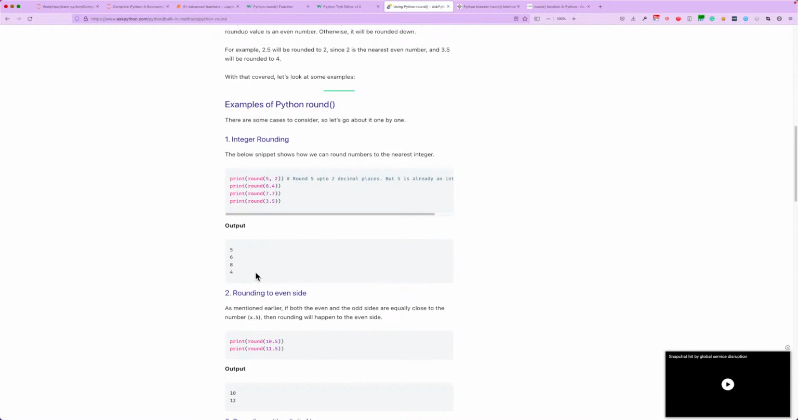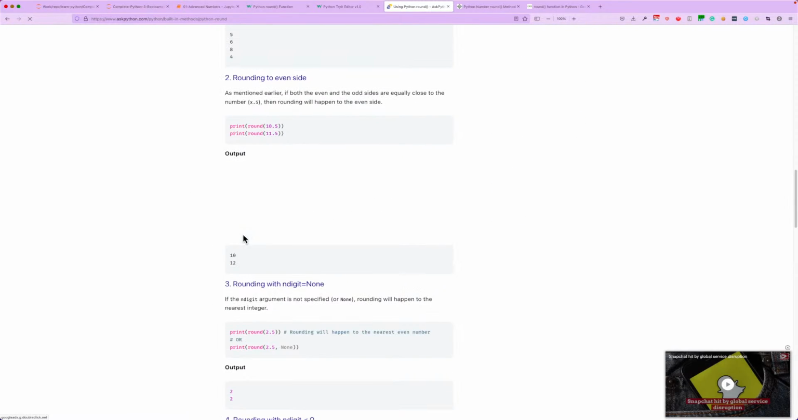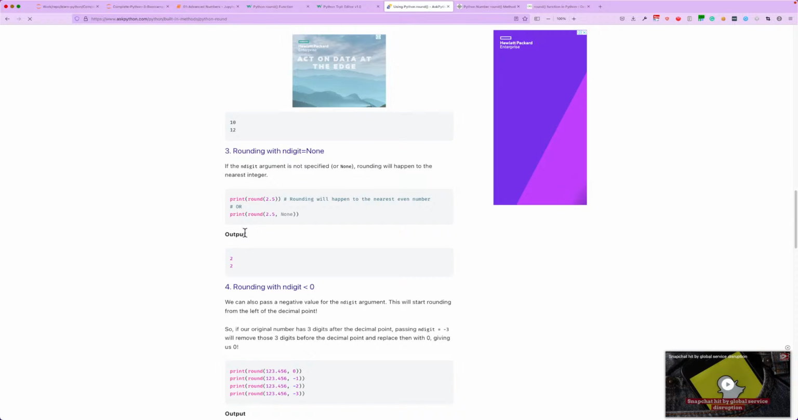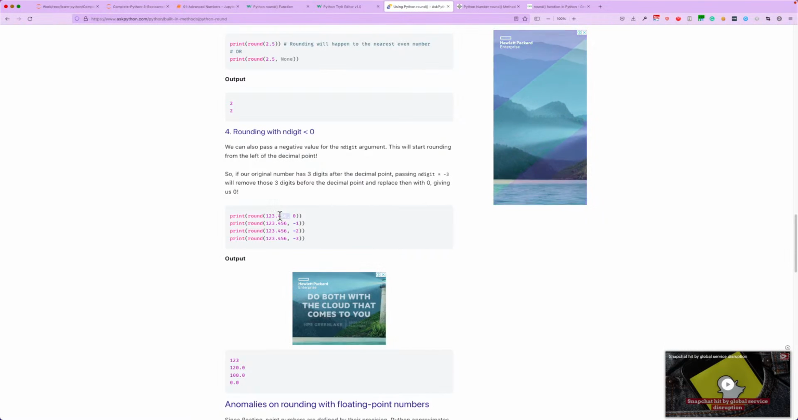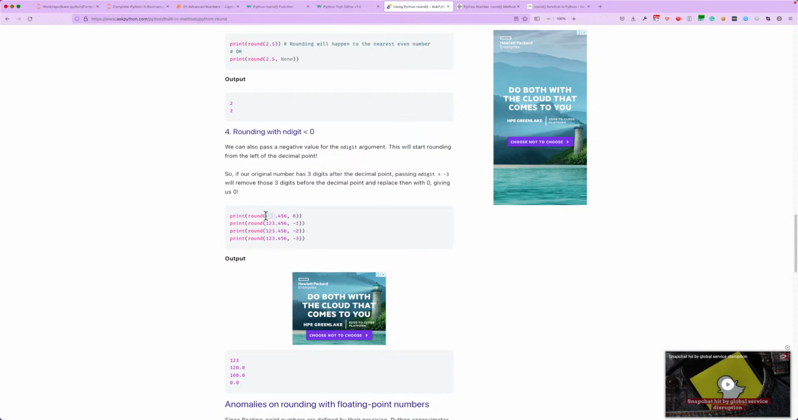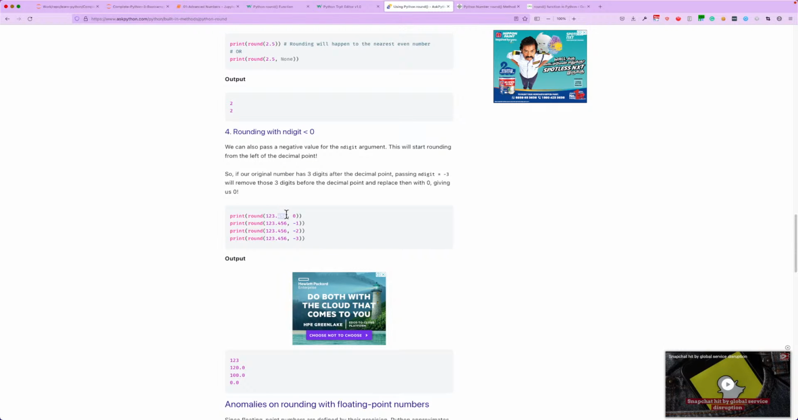So give number here it is. We can also pass negative value for the end digit argument. This will start rounding from the left of the decimal point. Right, instead of going from the right, it's going to start from the left of the decimal point. So if your original number has 3 digit after the decimal point, okay, so if you have 3 digit and replacing them with 0, giving us